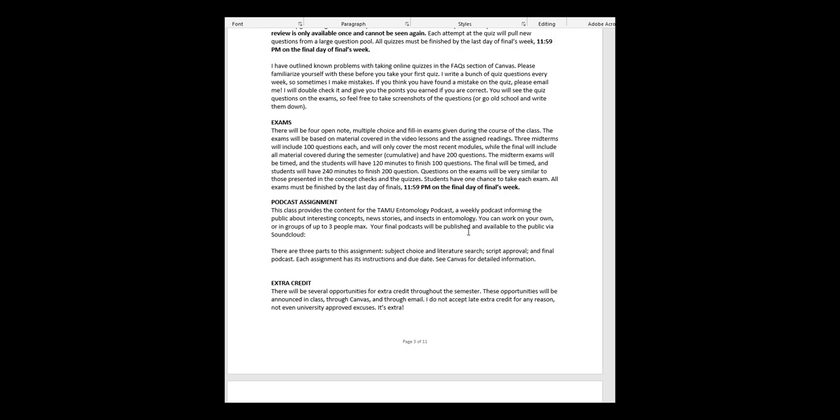So there are several parts to this assignment. You need to choose your subject and create an outline. You need to write a script, and you need to record the final podcast. Each assignment has its own instructions and due dates throughout the semester, so make sure you check on Canvas for